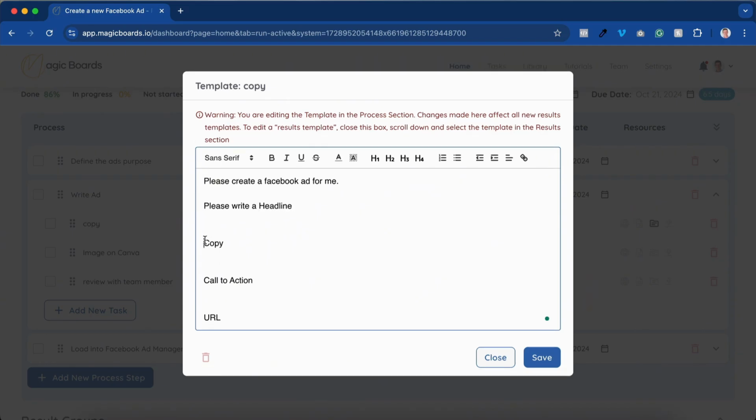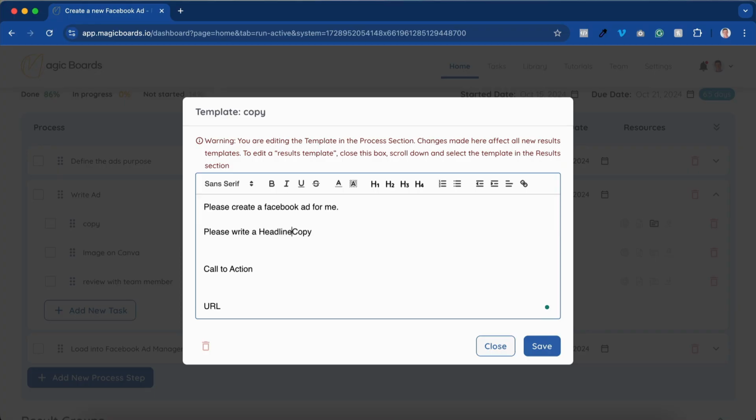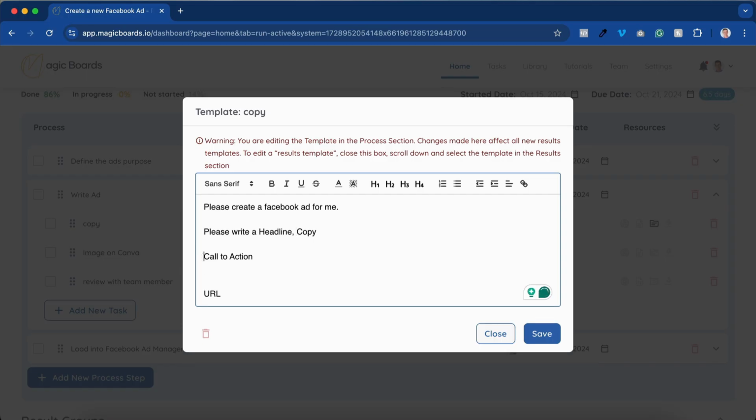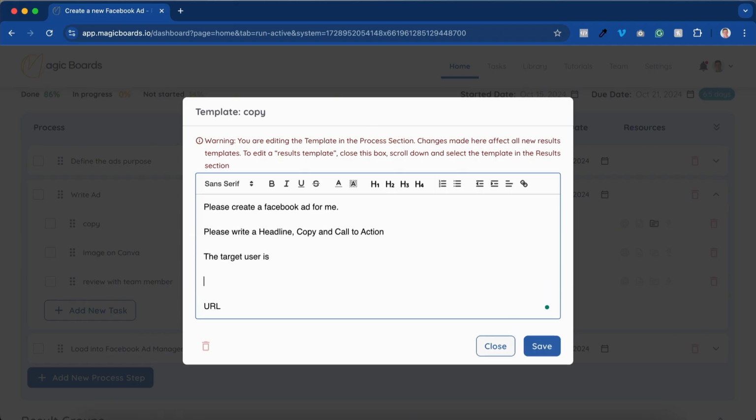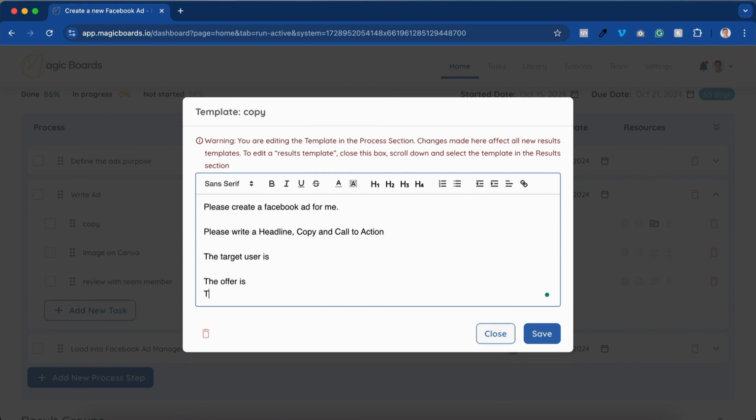So this also is demonstrating how you can adjust your prompts for AI. Headline, copy, and call to action. Let's go. The target user is, the product, the offer is, and the target